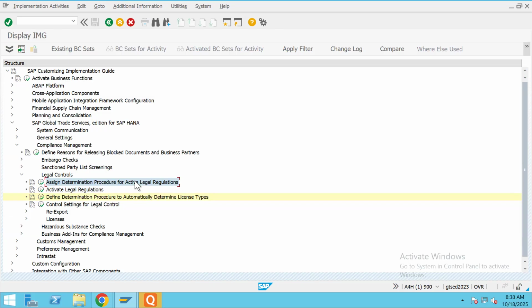What is this procedure, where do we define it, and why do we need to assign it here? What does it contain? Okay. So basically, every time the system performs the screening, each and every time for every application area, each and every transaction,